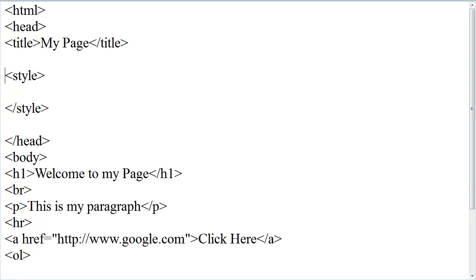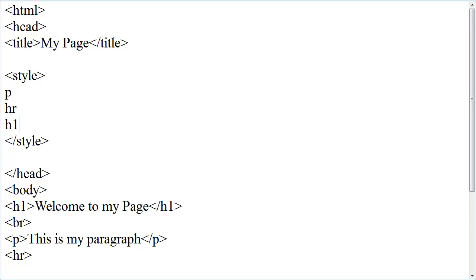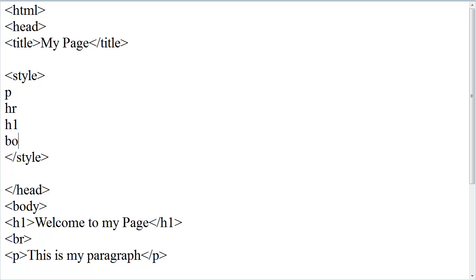So inside my style, we can list whatever tags we have. HR, H1, body. Then I'm going to tab over just to make it look nice. And I'm going to add opening and closing curly braces. Then in here we can add the attribute we want to change and then the value. So we can do like font dash color colon red. Save it, take a look,